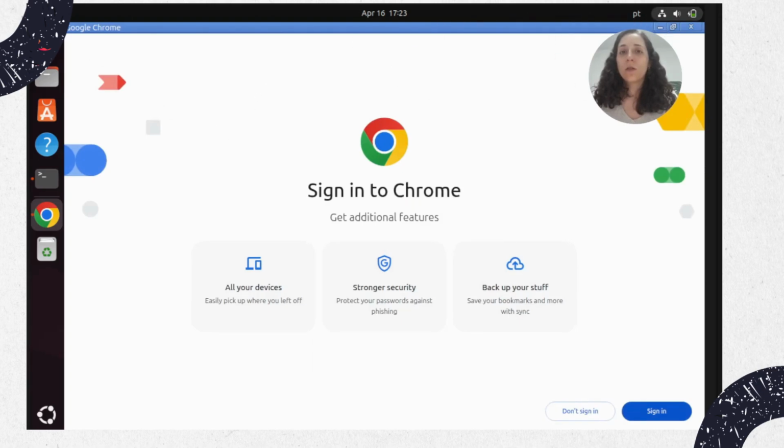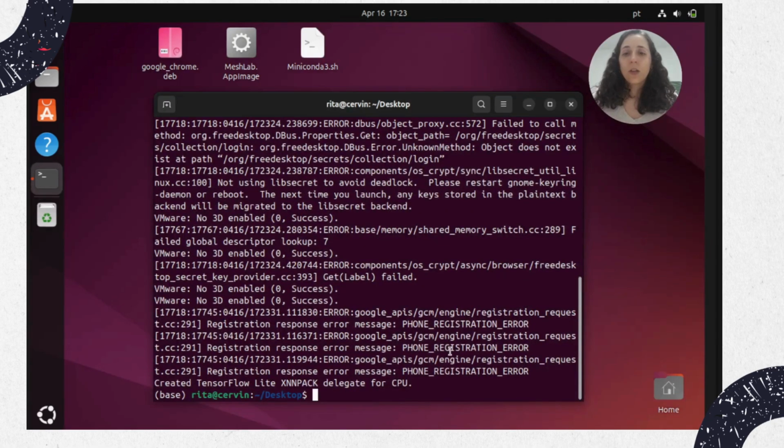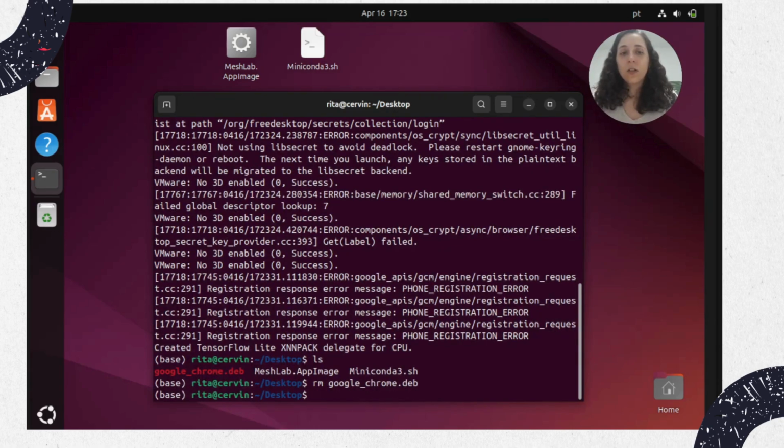So now it's installed. We can see it here. Okay. We can actually now even remove this Google Chrome .deb file because we don't need it. And we can also delete the miniconda.sh installation file as well for cleaning, because we are not going to need it anymore because it was already